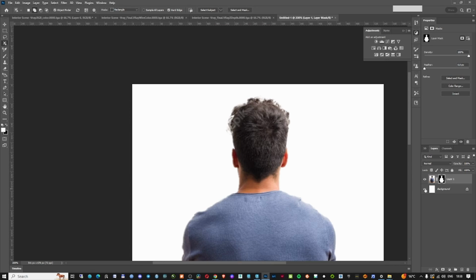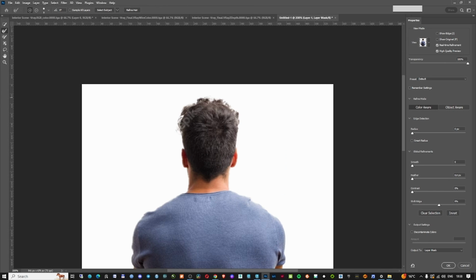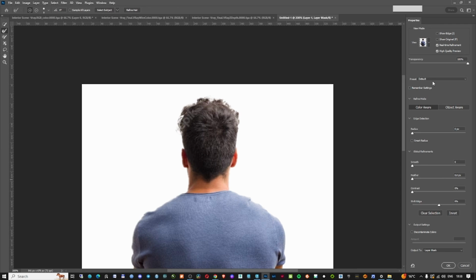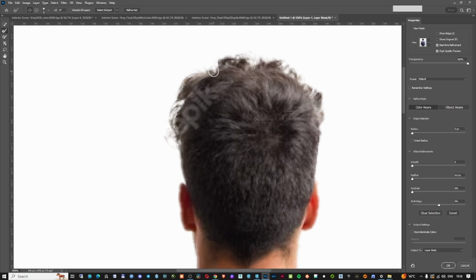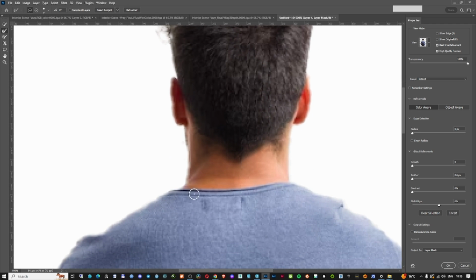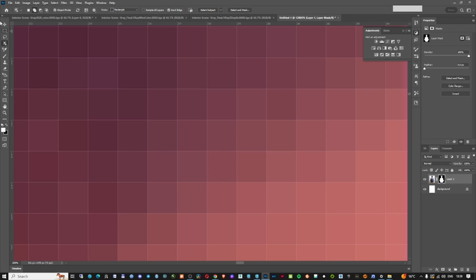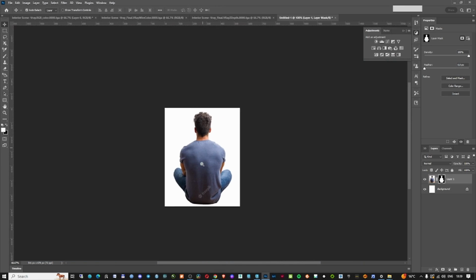It's almost perfect. If you want to add more details, you can just double click on the mask here, and this is going to open, and then you can play with this tool and add more details to see more hairs and so on. It's not a big difference, to be honest, but it's okay. I will just click OK for now. Now I will just add this into my